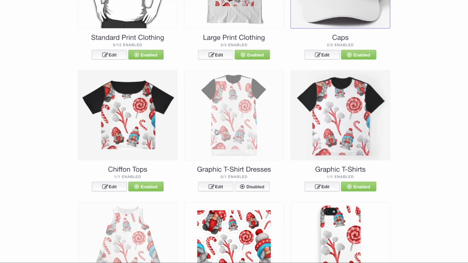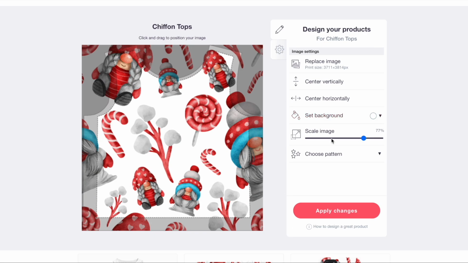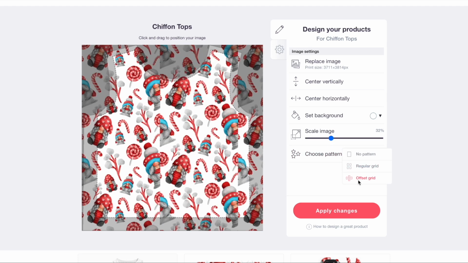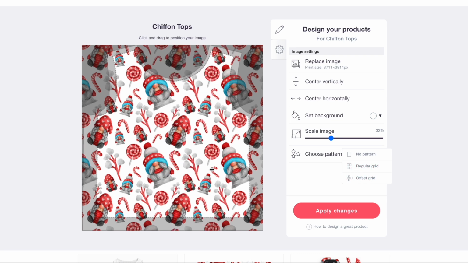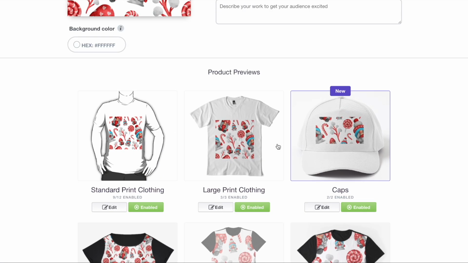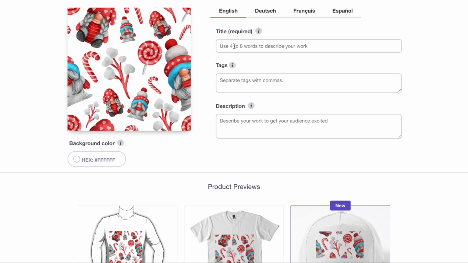I'm going to scroll down to the first product that has a seamless pattern on it, make it a bit smaller, and click on regular grid. If you click on offset grid, you're not going to get the seamless pattern, just the regular grid. And as I move it around, I see that all of these elements are continuing each other, which means that the seamless pattern worked. I'm going to go back up and I'm going to name my design and work on some tags